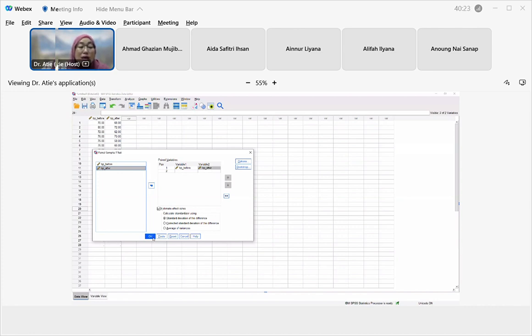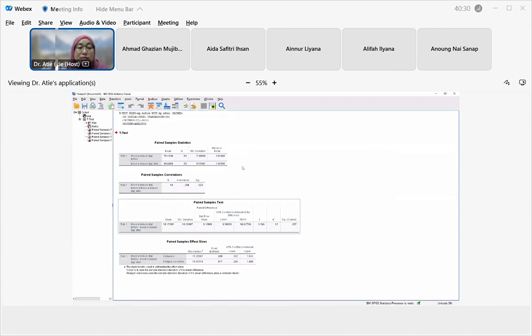Right, so then the next one, you just click OK, right? So this is the table that you will get from your analysis, the output. So now it's time for us to read or interpret the output or the tables given by the